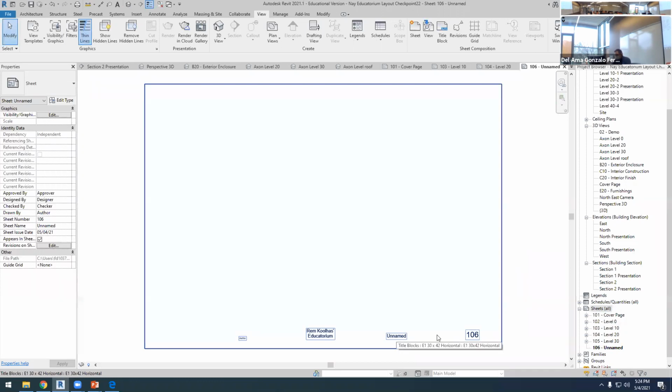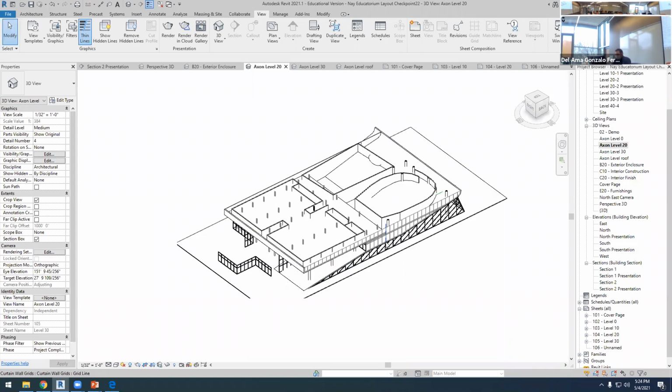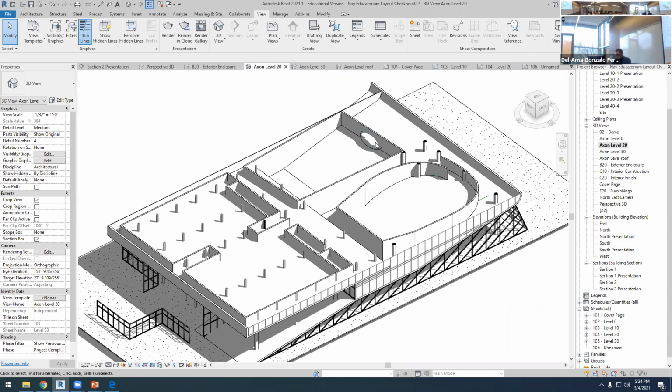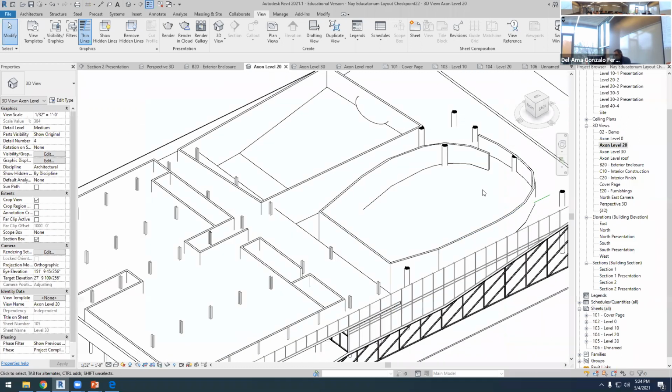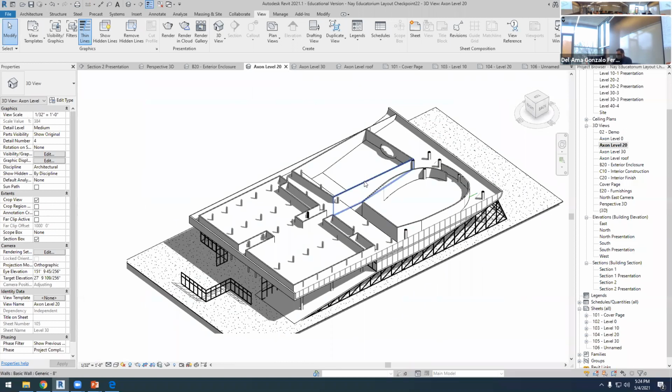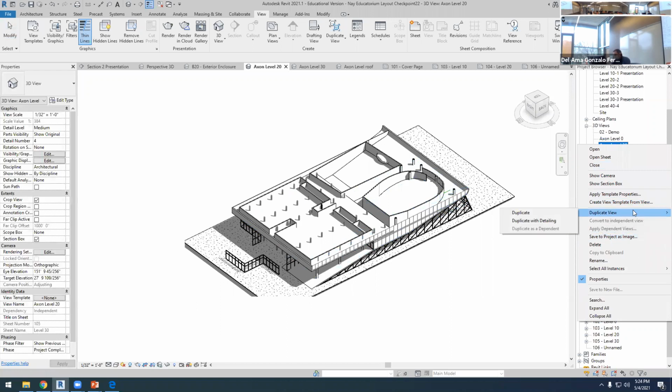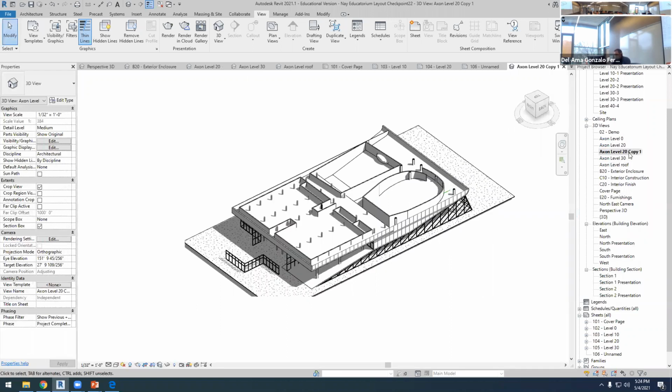This one doesn't have a name. If I go to axonometric level 20, which is the one that has more detail, here we see all the walls. Here we'll see the egg, which is important. We see all these curved walls attached to the slope. So there's a lot of things here. And if I decide that this is the most important element in my sheet, I can do that. But then I'm going to duplicate, and this is axonometric level 10, page